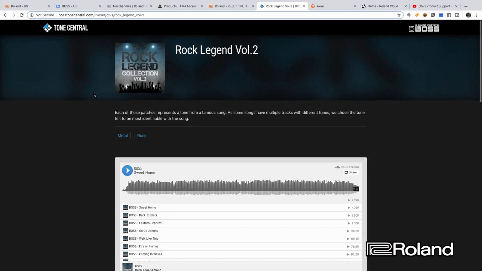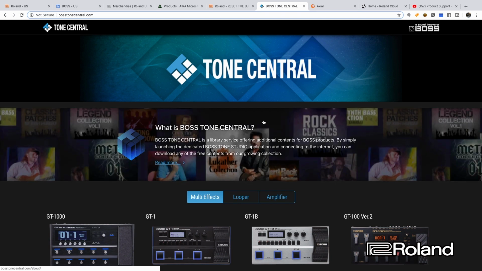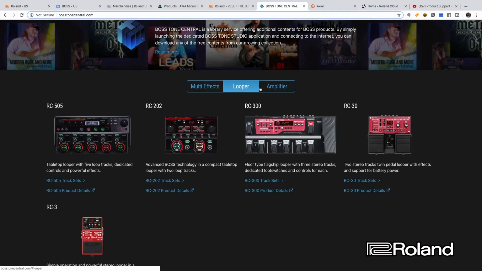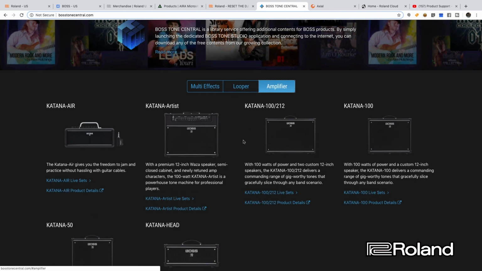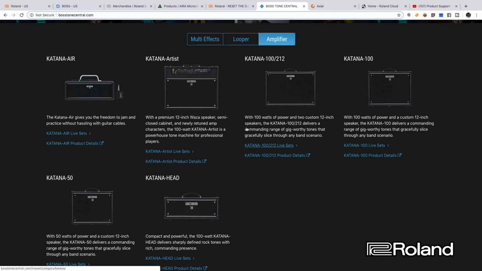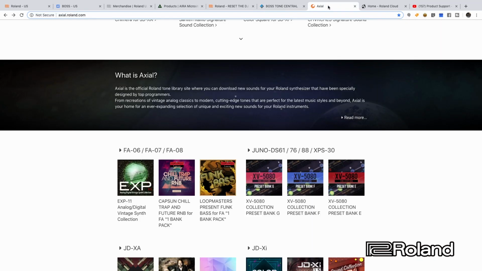So if you're a guitar person, a Boss person, and you have our multi-effects or a looper or any one of our Katana amplifiers, definitely go ahead and check out this site. This is really cool, and that's bosstonecentral.com. All right, now let's go back to the keyboard, guys, and let's go to